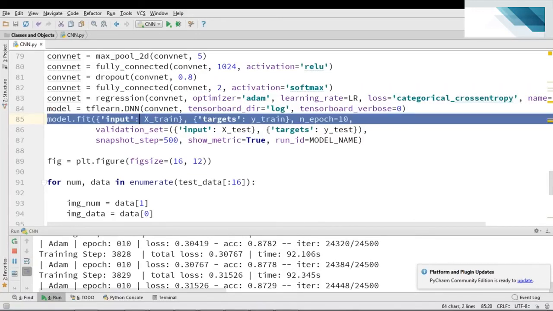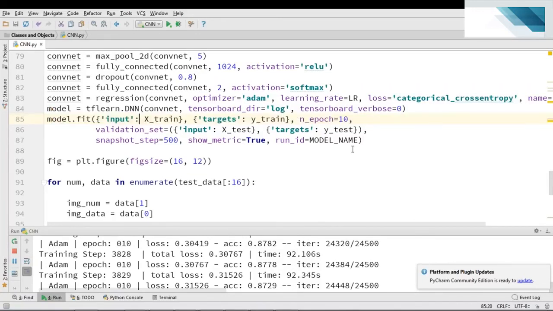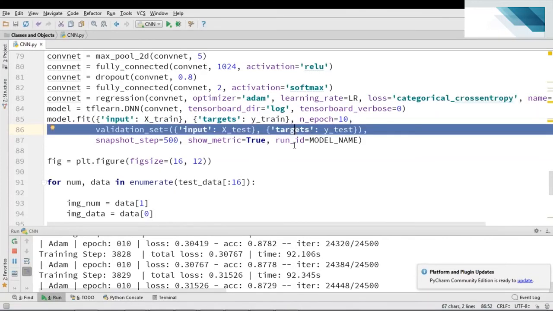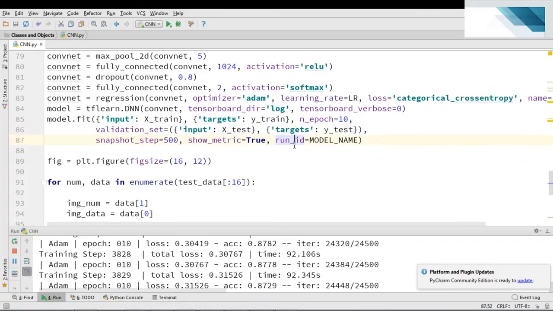Then we are trying to fit the model, and we have defined epochs as 10. That is, the number of iterations that will happen will be 10. We have given the model name. Then the input is x_test to check the accuracy. Similarly, the target will be y_test, the labels associated with that test data, which we have encoded. So this is how we are going to calculate the accuracy, and we'll try to reduce the loss as much as possible in 10 epochs.